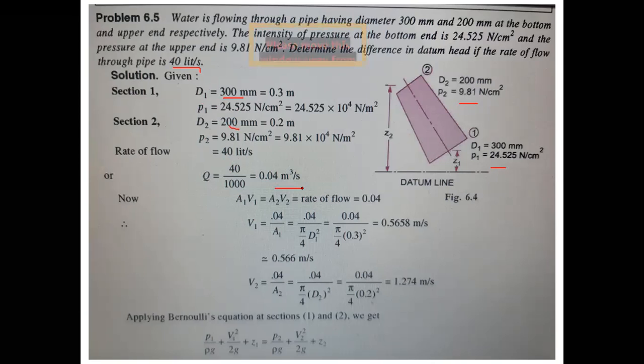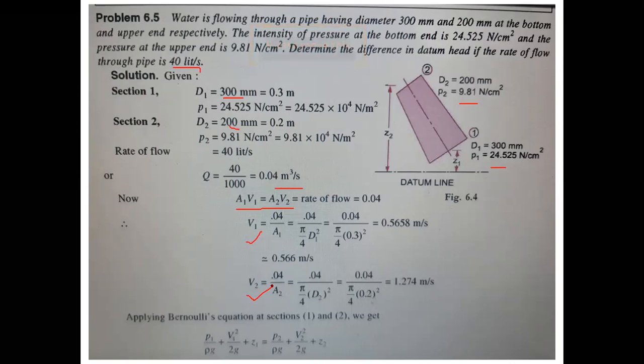Okay, now applying the continuity equation. So you should write: applying the continuity equation, A1 V1 is equal to A2 V2. So we have to find A1 and A2. Since the rate of flow is given, A1 V1 is equal to 0.04, find it and V1 comes; A2 V2 is equal to 0.04, find it and V2 comes. Now what to do? So we got